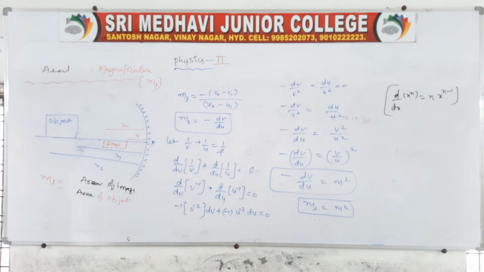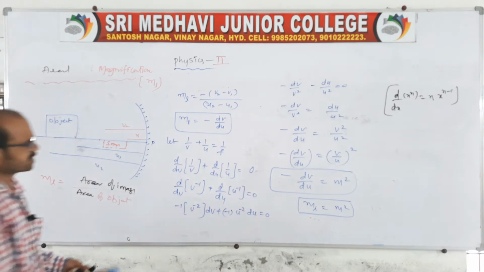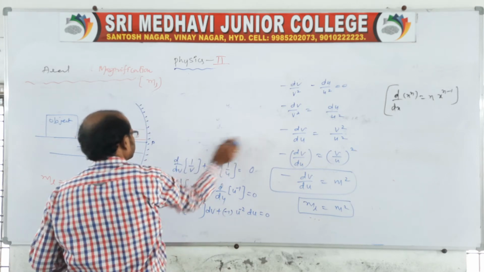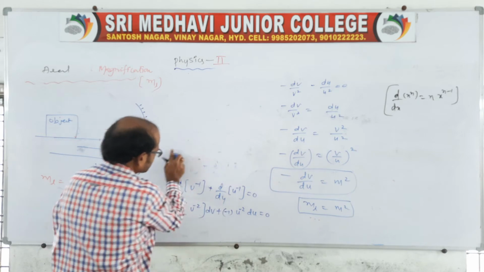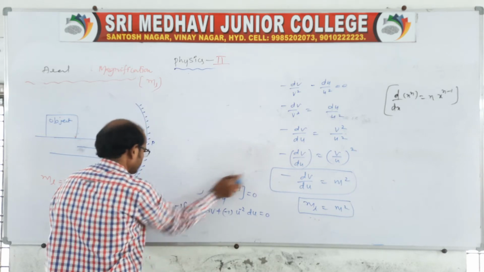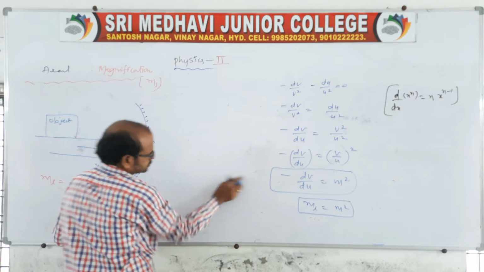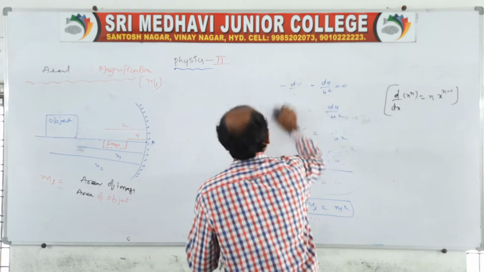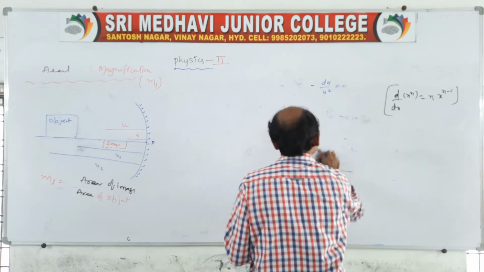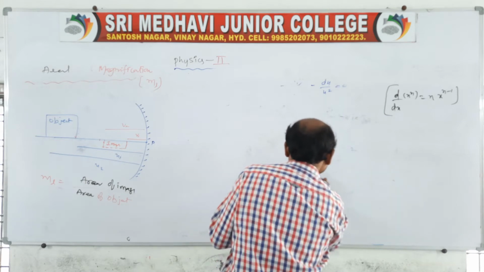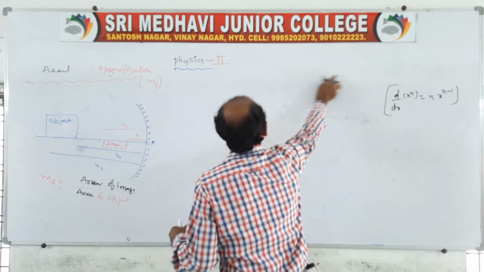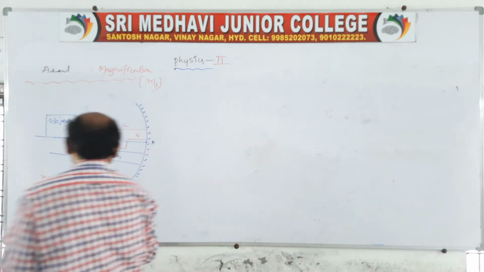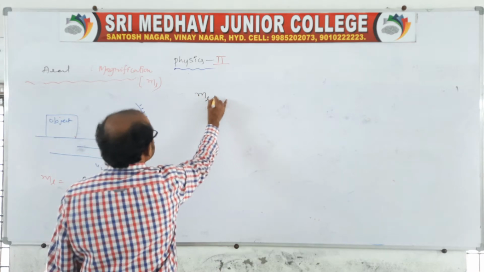So that area of the image by area of the object, then the final will get, not required all this, you leave this. Directly we can take the image will be, right. So the aerial magnification, therefore we can take as ml is equal to m cube.